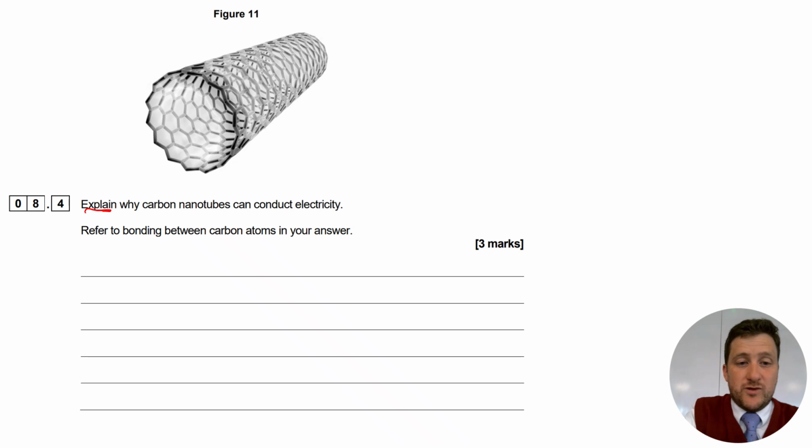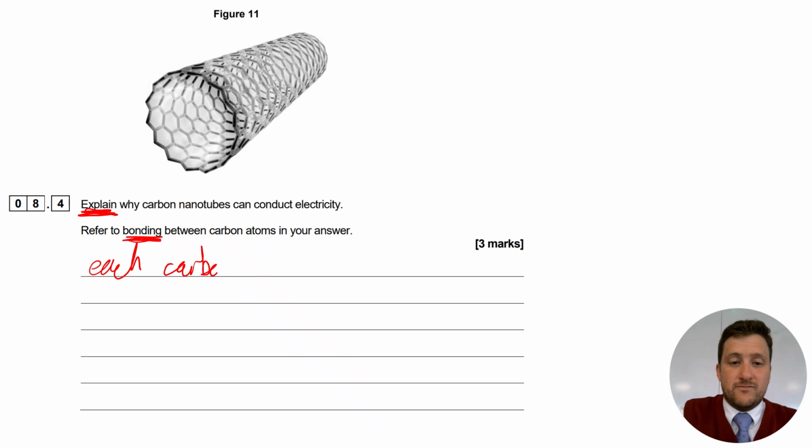Explain. We're having an explain question, so we're going to be using the so's. Explain why carbon nanotubes can conduct electricity. We've got electricity, and again it says we have to refer to bonding between carbon atoms. Which means if we're not talking about bonding, we've missed something out. What type of bonding is it? It's a covalent bond. How many covalent bonds? Well, each